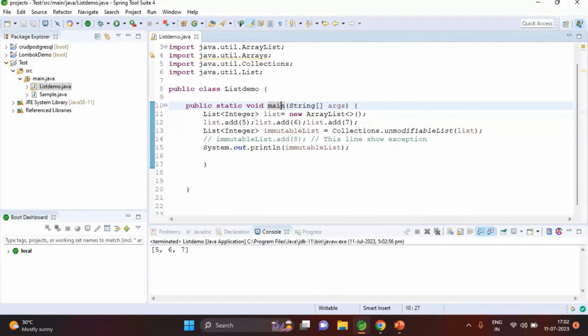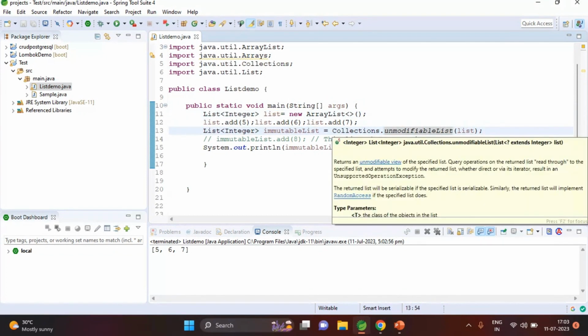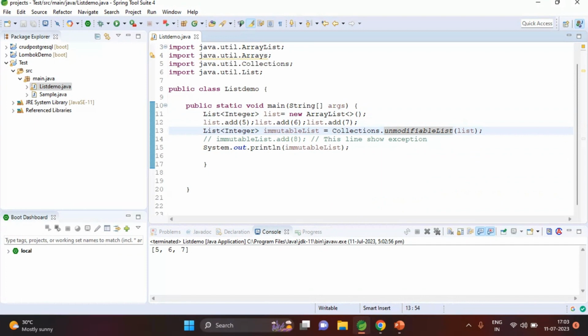Okay, but after passing it to the unmodifiableList, this list, which is a mutable list, becomes an immutable list, and we cannot add elements into it. So if we try to add an element in here,